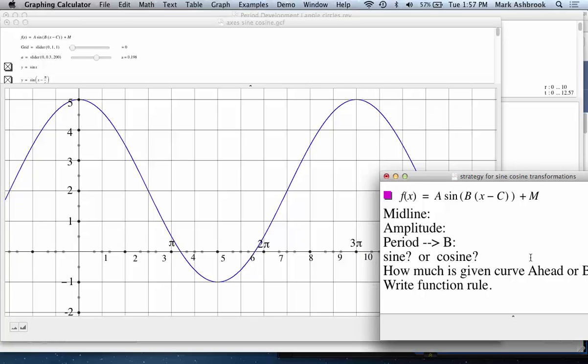Is B the actual period, or did you say it was? It is the period, but we see the period, but when you say it was pi, what is the point? No, so B times